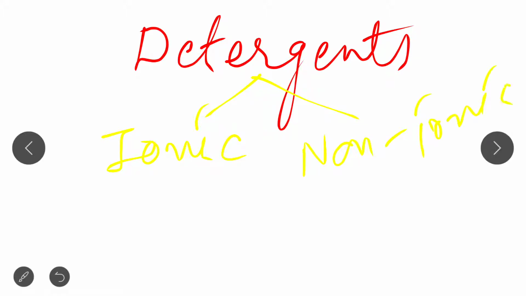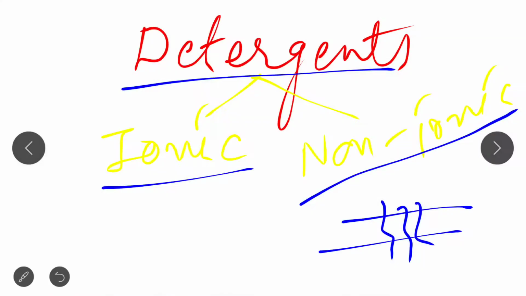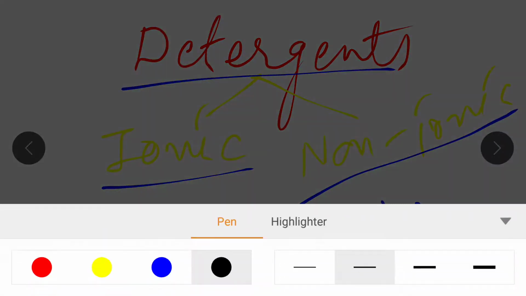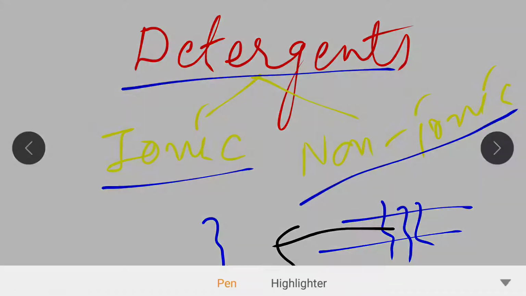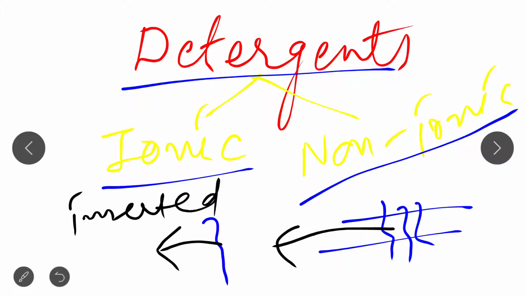So by the use of these detergents, that is ionic as well as non-ionic, we can easily solubilize the lipid bilayer and we can easily extract this protein, the integral membrane protein, from the lipid bilayer. And we can study which segments are inserted into the bilayer and which segments are not inserted, that is the hydrophilic region, with the help of this hydropathy plot.